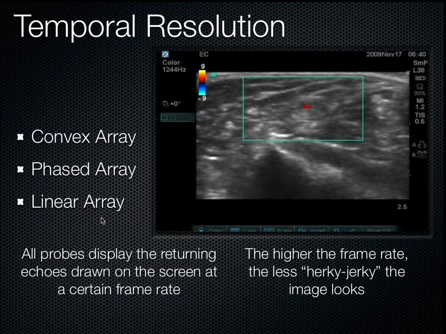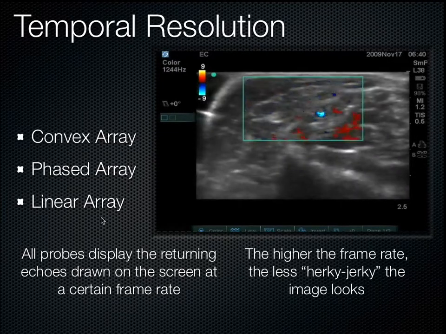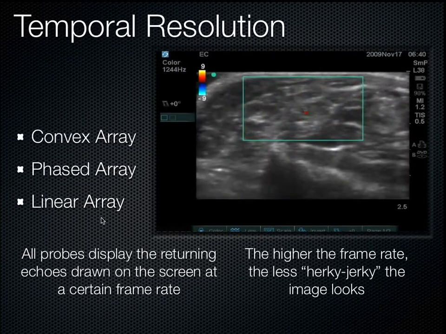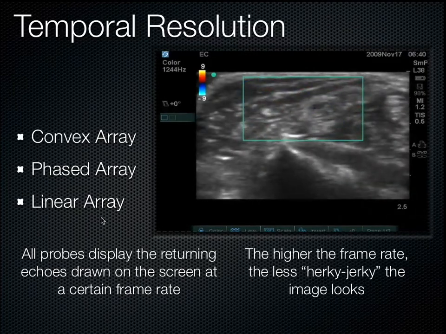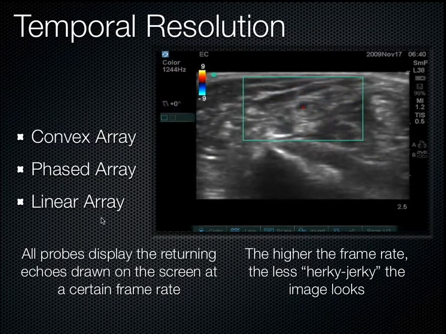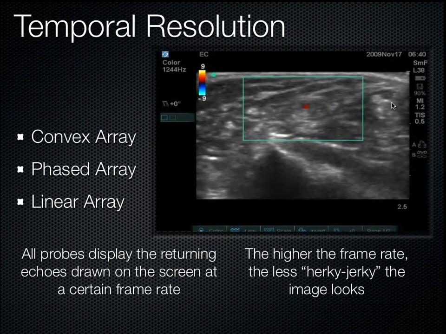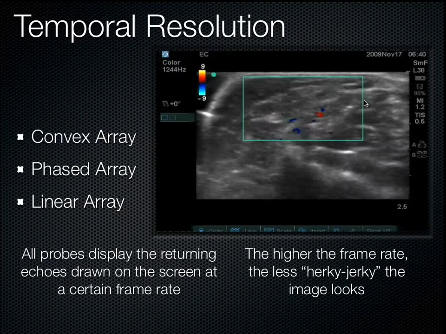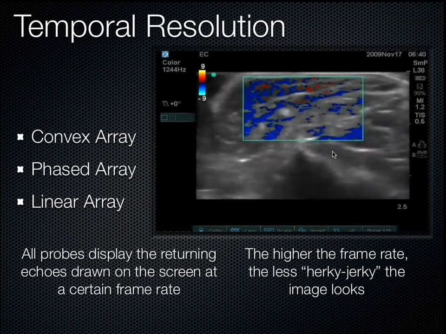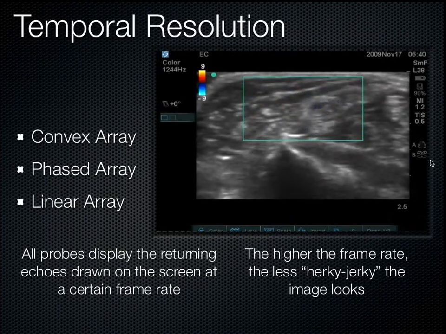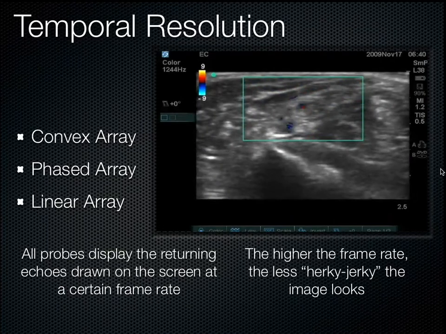So that brings me to my next point. If you're looking for a vessel somewhere in the arm, for instance, like we're doing here, you'd think that you would just plop on the color flow Doppler and then start looking around. But as you see, as you move the probe, as soon as the transducer is slid on the screen, you get all of this flash artifact here. So there's one problem. And the second problem is the temporal resolution is lower than if we didn't have the